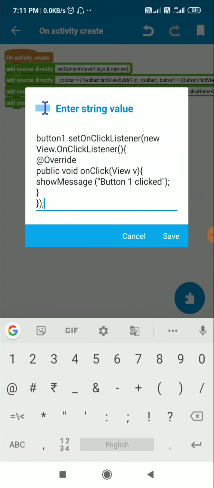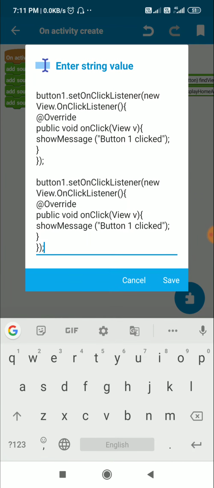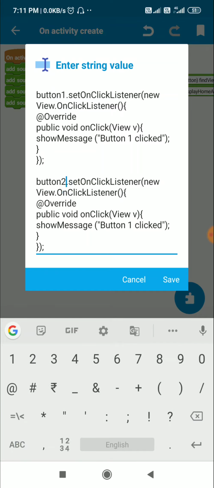Similarly, I will set onClickListener for button2. Button2.setOnClickListener, new View.OnClickListener, @Override public void onClick. So here I will show a toast message, "Button 2 clicked."